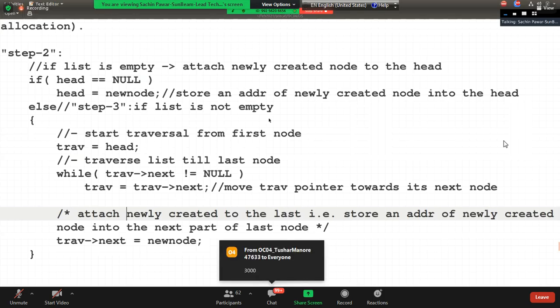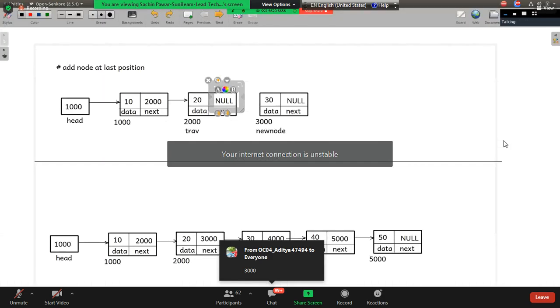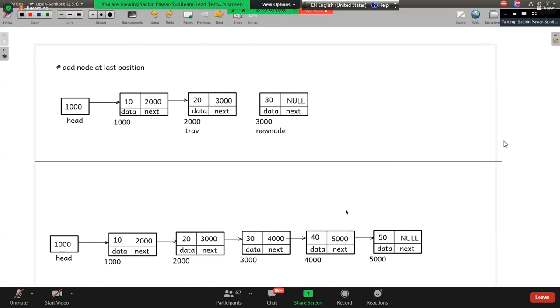आएगा? अरे न्यूली क्रिएटेड नोड का एड्रेस क्या है? 3000, राइट? तो यहाँ पे आएगा 3000. लिंक हैज बीन क्रिएटेड. ये लिंक क्रिएट होगा. हेलो गाइस, आर यू विथ मी? दिस have successfully added one more node at